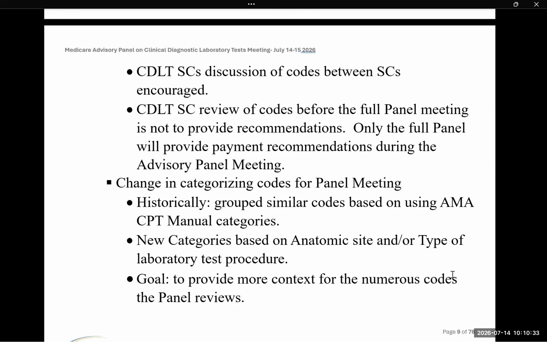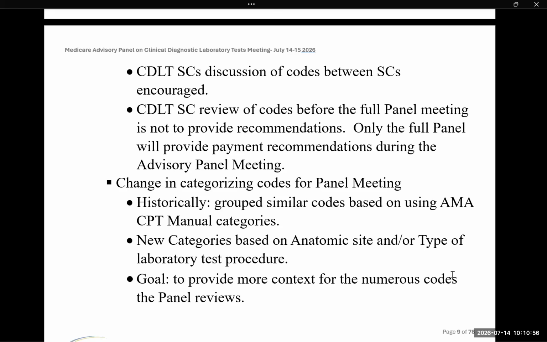And then finally, it's important to understand that the subcommittee or an individual panel member does not make the sole recommendation for a test to CMS. Rather, the full panel makes recommendations on each code when they vote on their choices for either a crosswalk or a gap fill, which will occur during this meeting. Please note that as the panel chair, I will not be voting.